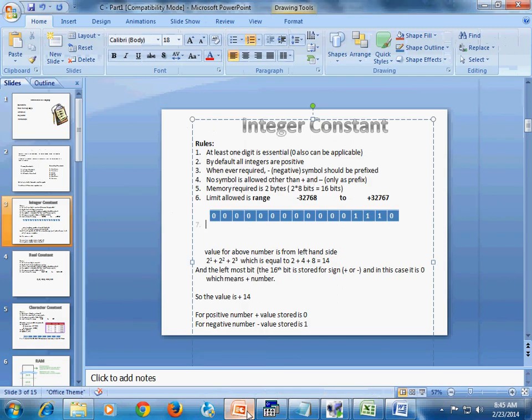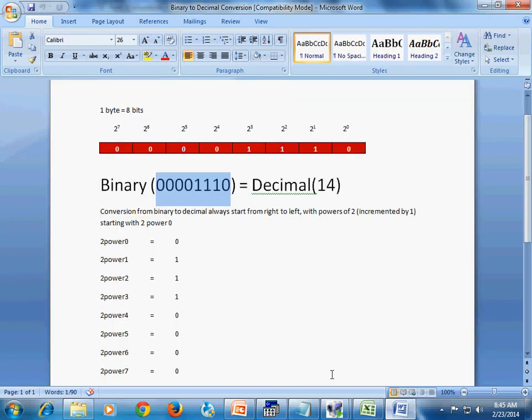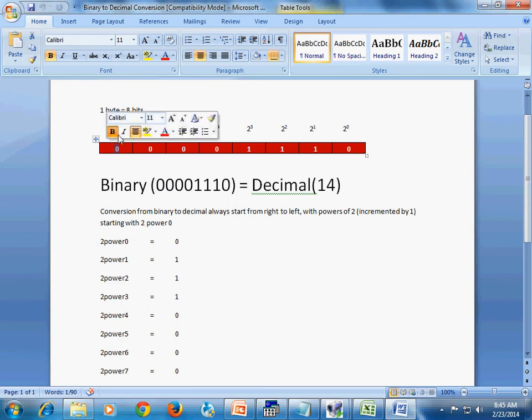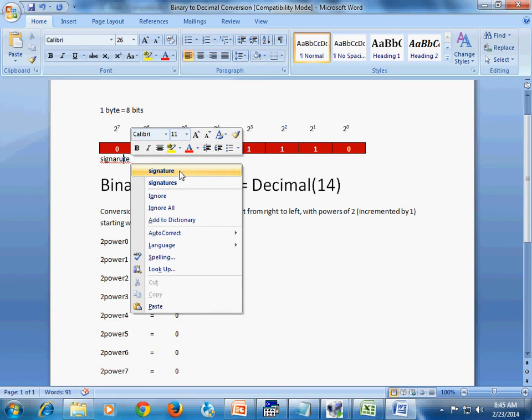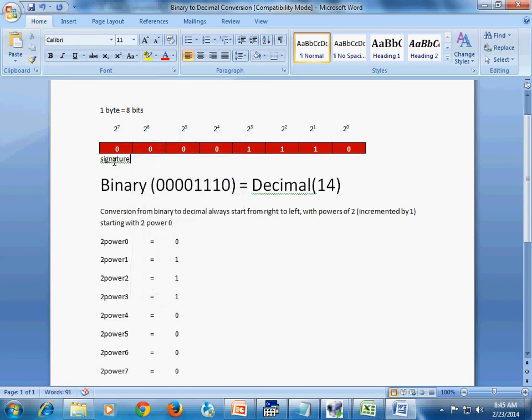So in this example we have the value as 14 and we need to remember that always the leftmost bit is used for the signature, either it is a positive number or negative number.